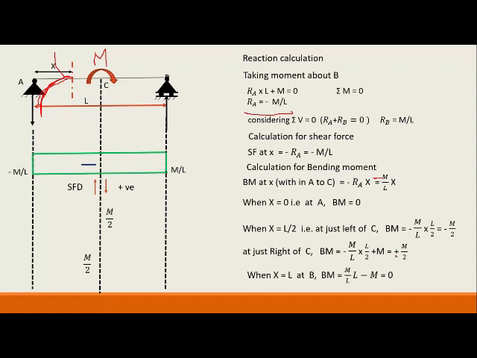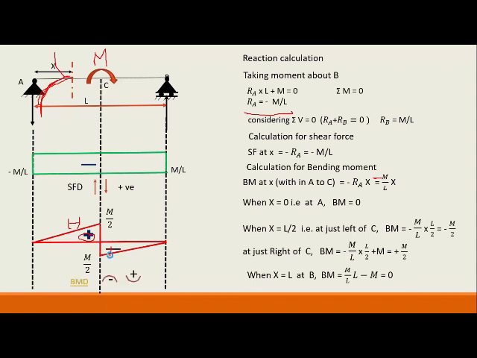So there is a sudden change of bending moment at the center of the beam, and it looks like this. Sorry, the bending moment is negative here, it's wrongly pointed here. It's negative here and positive on the other side. So it is hogging moment at the left and sagging moment at the right.